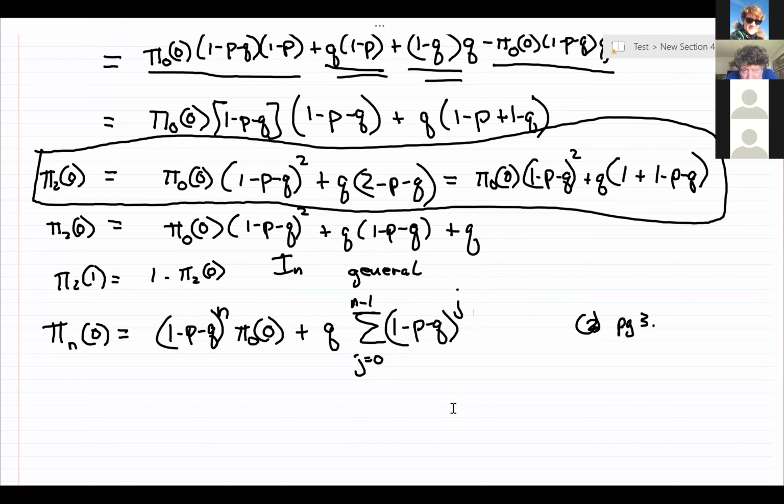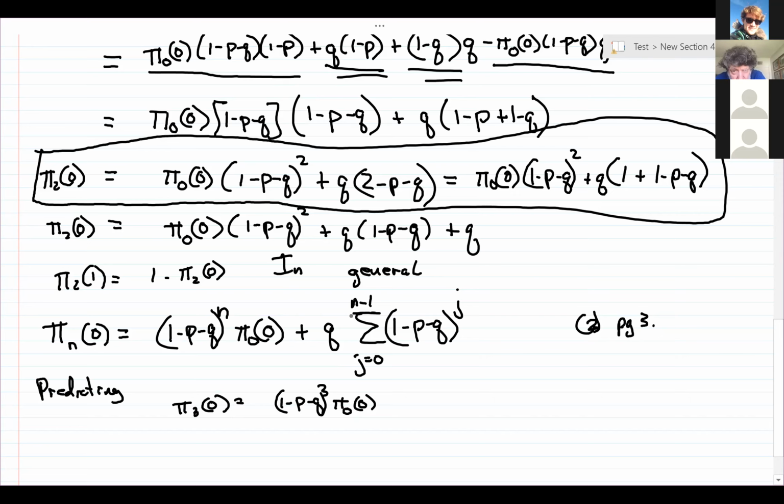So basically all you're really doing is multiplying. So if you wanted 3, what is this thing predicting? It's predicting that pi 3,0 would be (1 minus p minus q) to the third